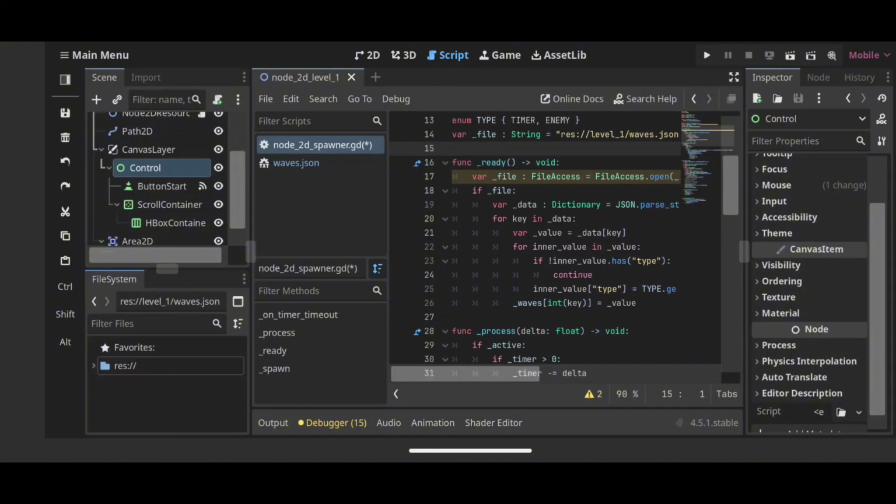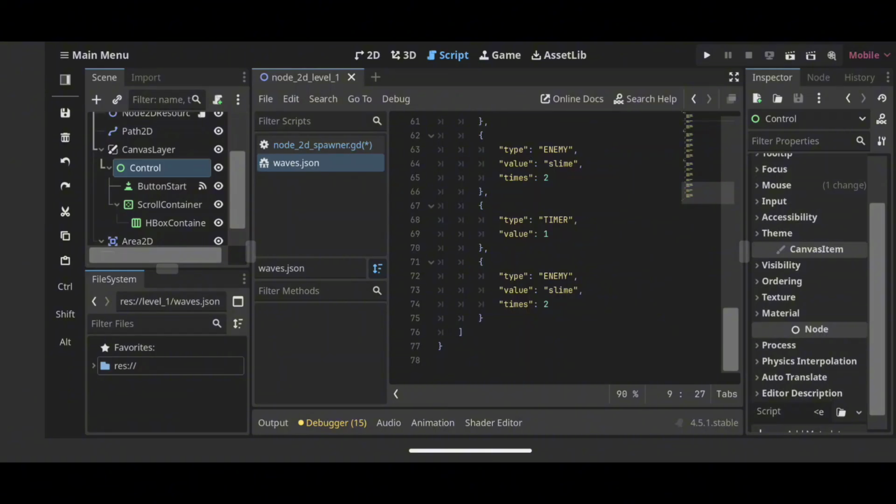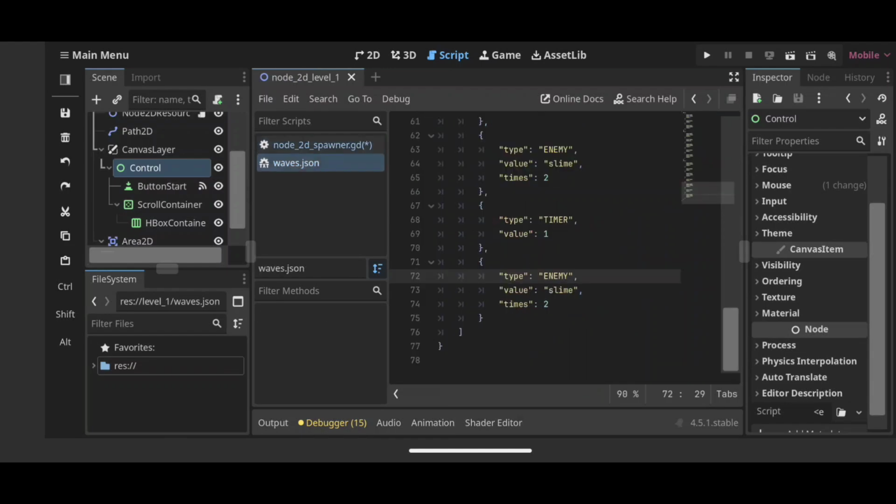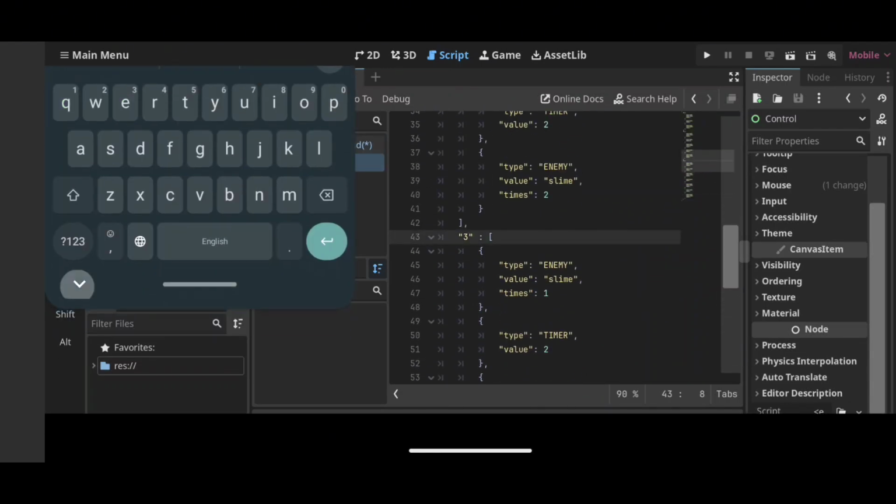All right. So if you don't understand, remember our waves are basically dictionaries. So we have the key, that is a string, and an array. This loop on the inner value is to change every single dictionary inside of this array. That's why I have to loop, because each dictionary is inside of this bigger array. And in the end of it, I change from a string, the key of the wave here, to